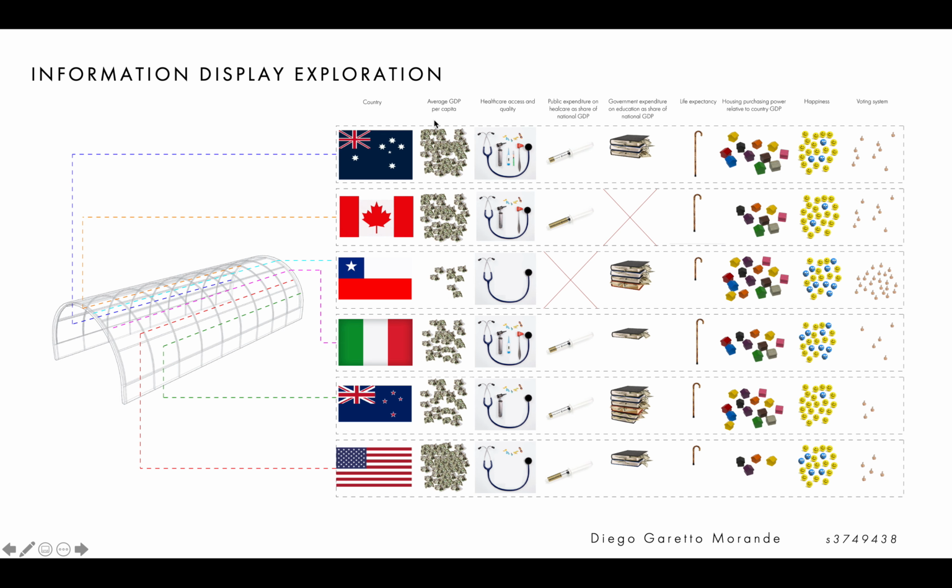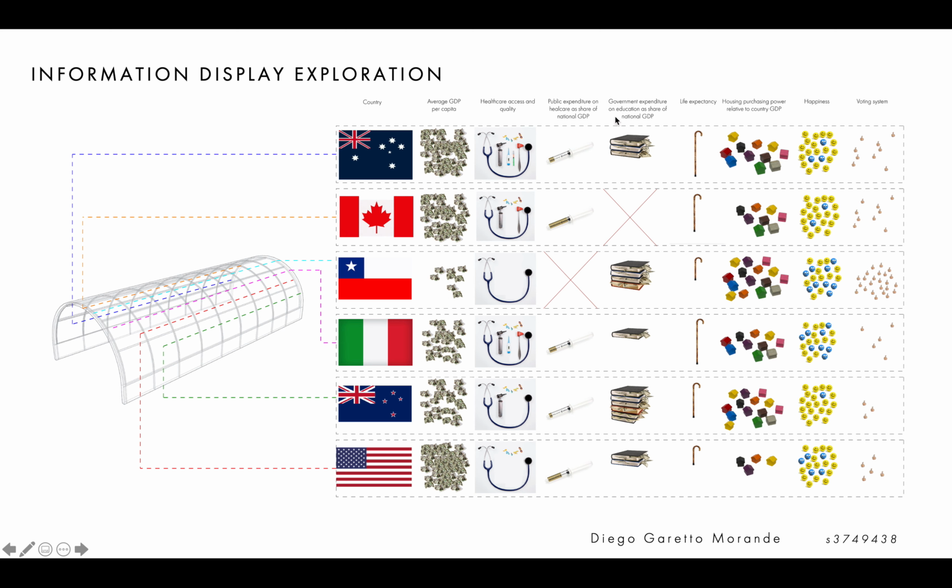The first one is the average GDP per capita. This is how much money people earn in that country. The second one is the healthcare access and quality of the country, which is self-explanatory. The third one is the public expenditure on healthcare as share of the national GDP. So this is not an absolute number, it's relative to the GDP, to how much money the people here earn. For these ones I had no data, so that's why they're represented with this red